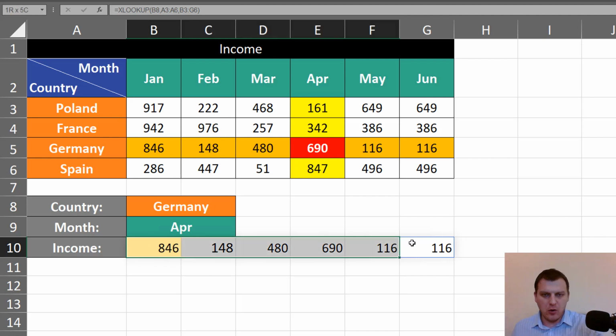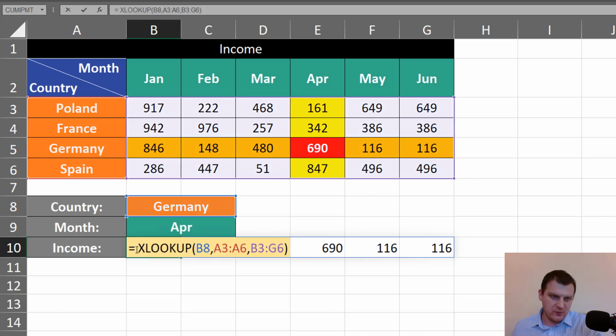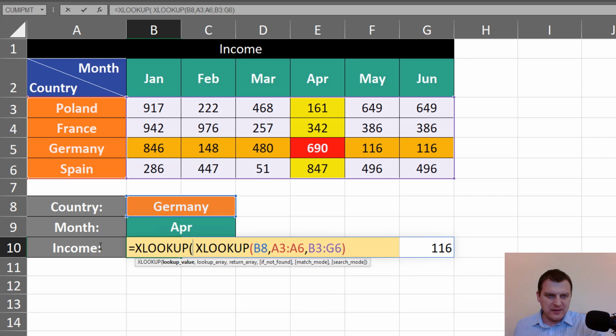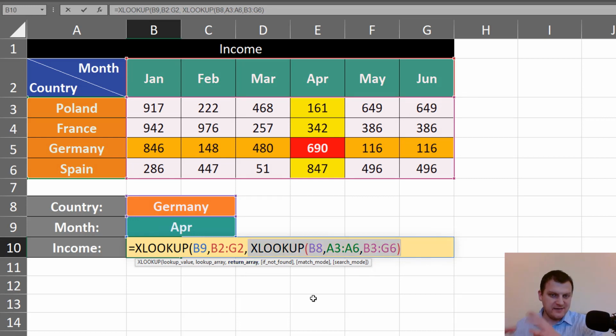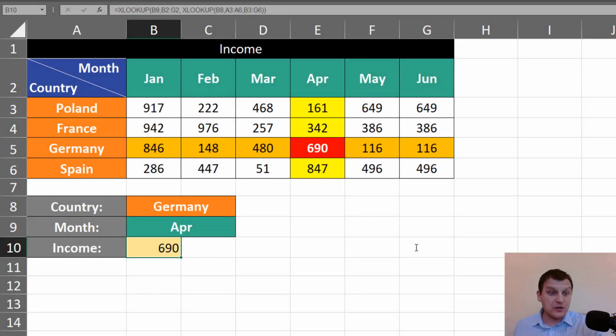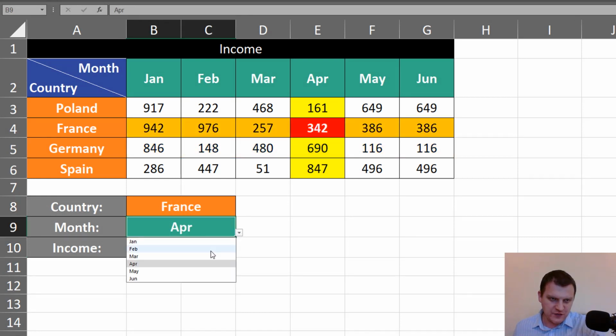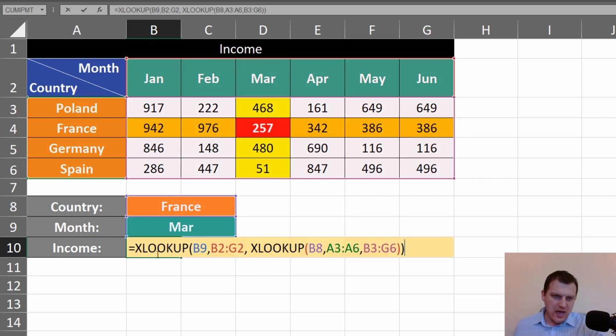It will spill the whole row, so we have to find the proper column, when we do it with the XLOOKUP function. So once again XLOOKUP, this time we are looking for the month in months headers, and as the return array is the row we found before, and we have to just close our formula, and just like that we have the proper result. We can check if by changing our values the formula returns correct results, and yes, of course we have